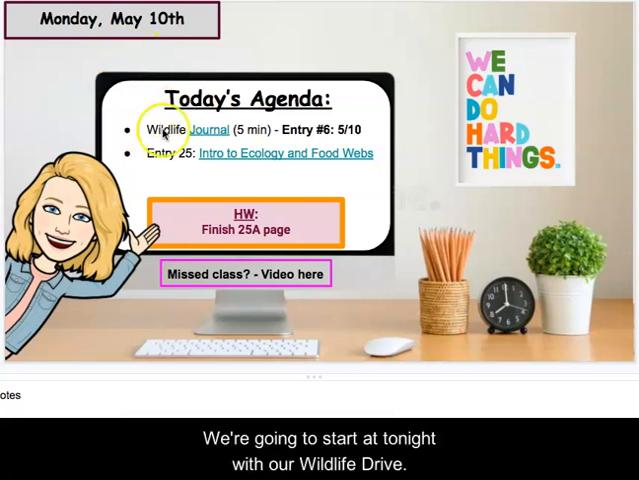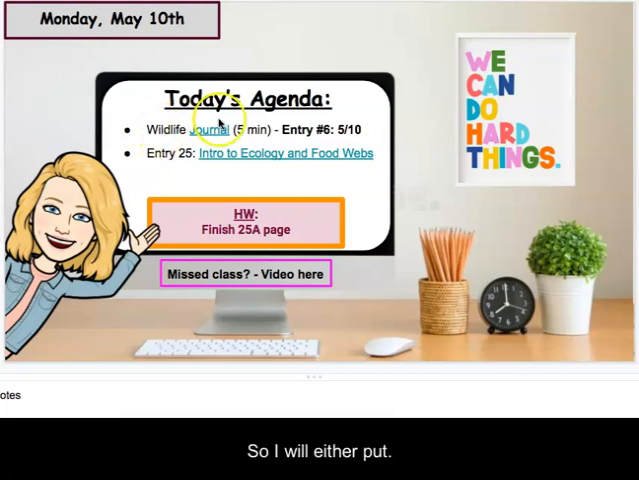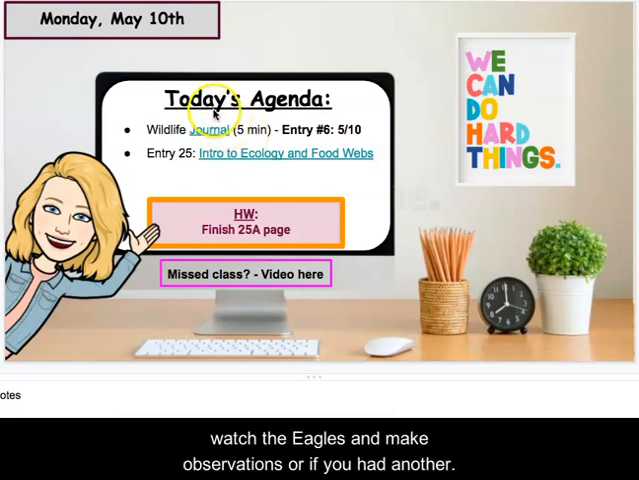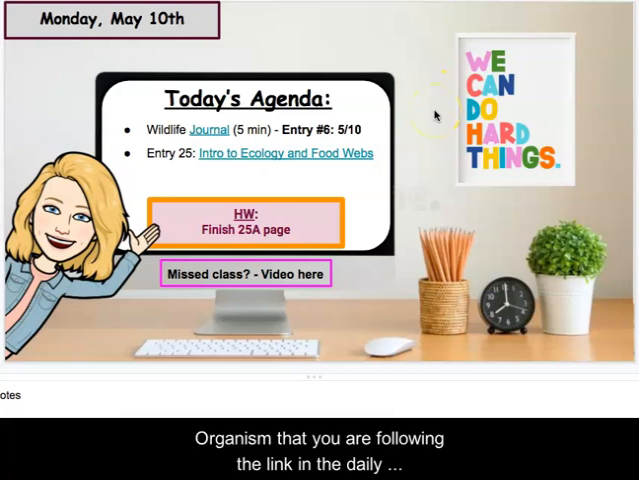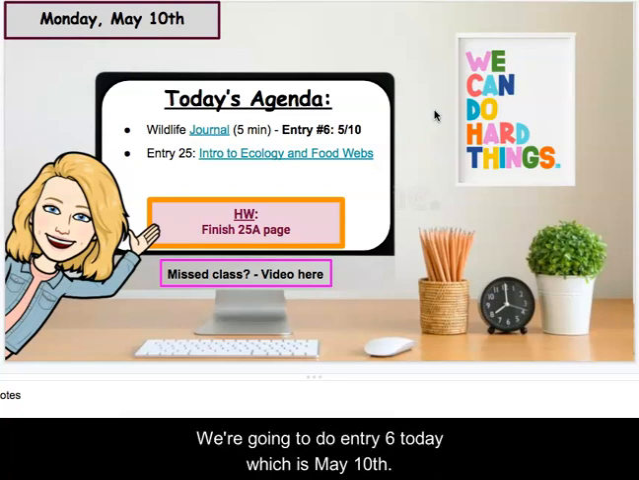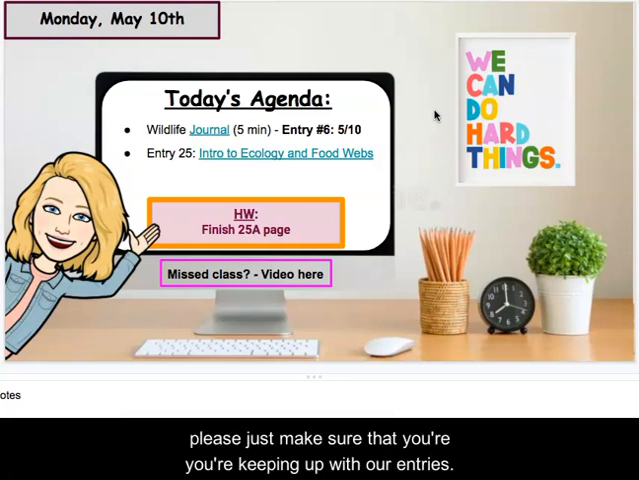So we're going to start off today with our wildlife journal. I will either put up the eagle camera in the background and you can watch the eagles and make observations, or if you had another organism that you are following, the link in the daily agenda will take you to all of the cameras and you can choose yours from there. We're going to do entry 6 today, which is May 10th. I will be collecting these at a certain point, so please make sure that you're keeping up